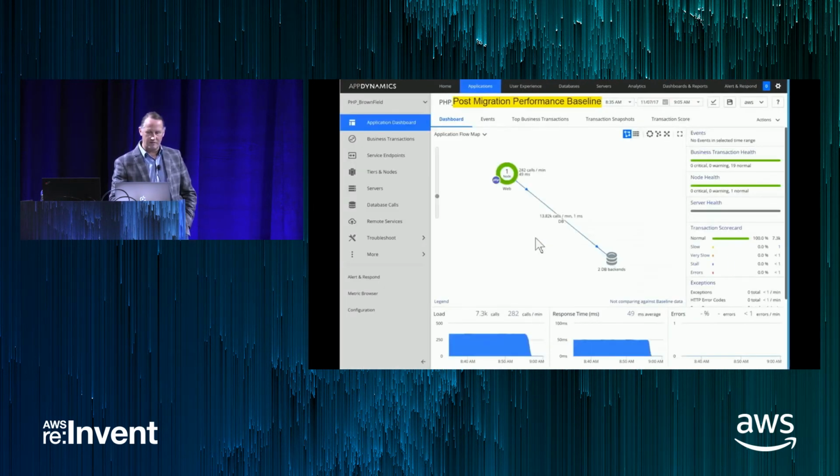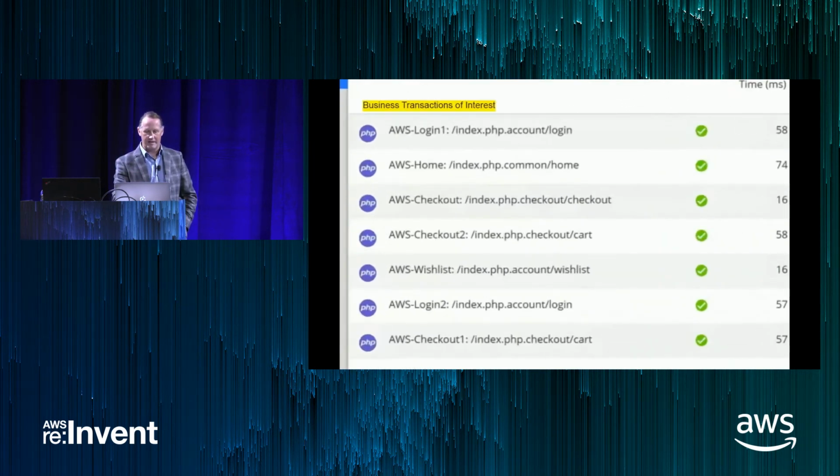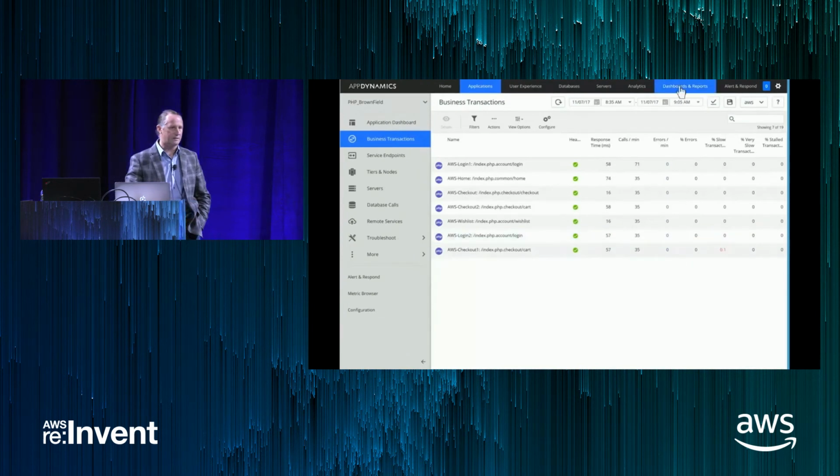We're now going into AppDynamics again. This was moved. It already has the AppD agent. It's re-phoned home, probably to the AppD controller, or if something happened and it was uninstalled, we could push it again. Now we see the same kind of flow of what our business application looks like and how a user consumes our application. Everything's green again. The business transactions are flowing, and now the system's starting to collect the post baseline.